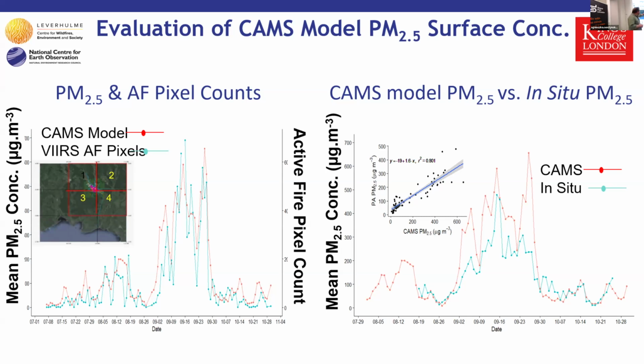Here's the city we were dealing with. We're now doing this in northern Southeast Asia. It's not working so well. That's much more topographically varying, and all our sensors are at the bottom of valleys in villages, whereas the CAMS grid cell is incorporating mountains and things like that. So it's a much tougher job, but this is relatively flat here.